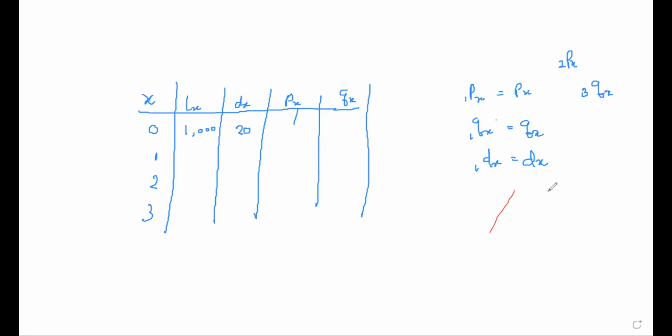So if you have, for example, 3px, it means the number of people currently age x who survive 3 more years. Then tqx represents the number of people currently age x who die within the next t years. So you can say, for example, if we have